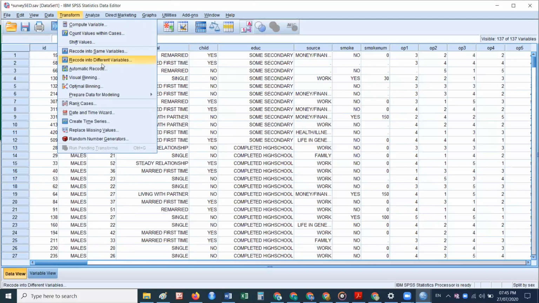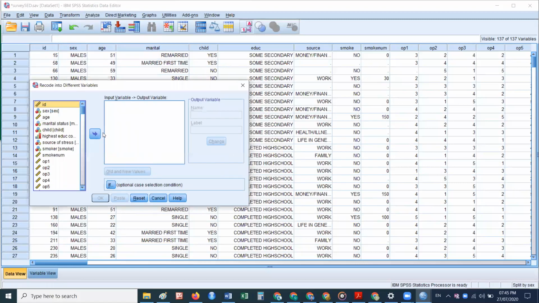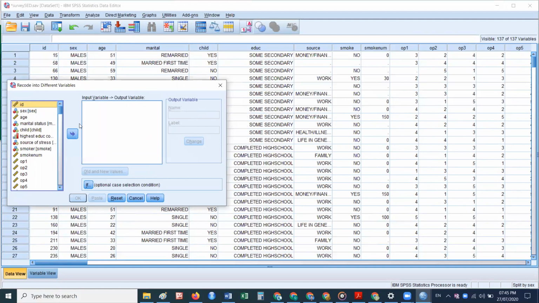I am going to recode into different variable because I want to define a new variable. Output variable, recode into different variable. We have to define, recode on what basis? On the variable age.